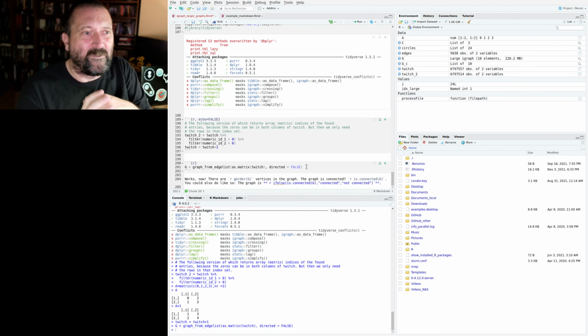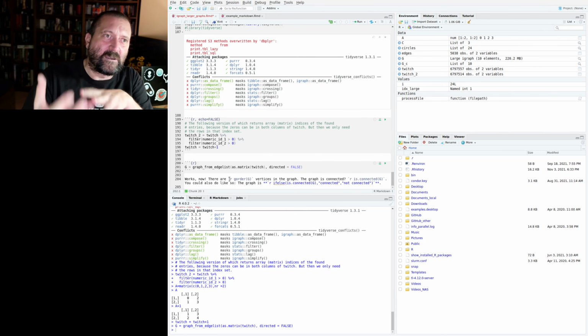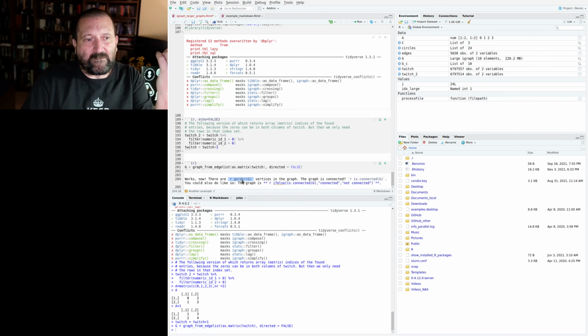It might not be quite as quick, but it is not going to kill your kernel or anything like this. And you can see, I'm not going to go any further in this video, because I will come back to graphs and measures and so on in the next sequence in the course. But again, I'll point out that one of the nice things here is that you can end up doing things like this. It works,